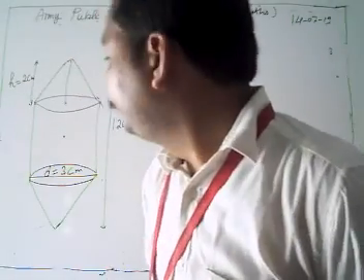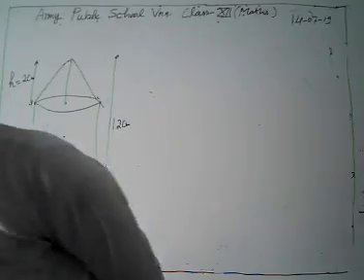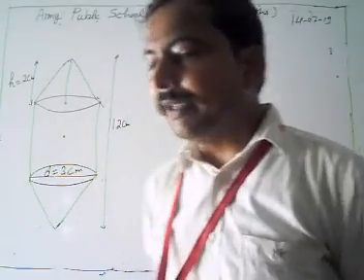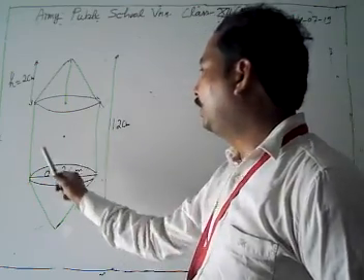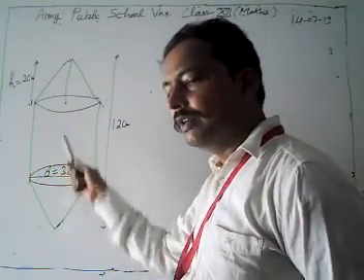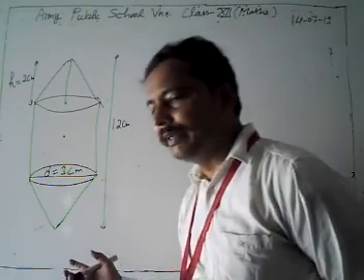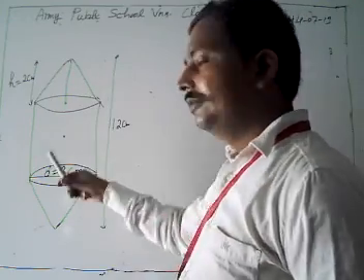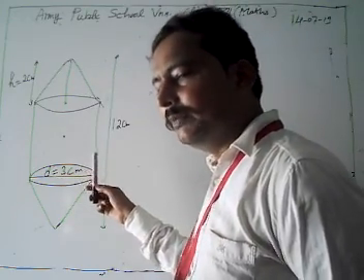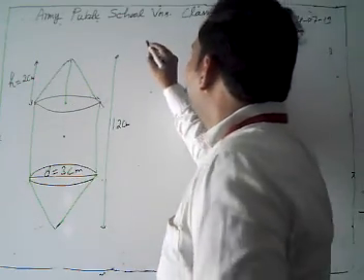Now look, we have to find out here the volume of air contained in the model. The volume of air contained in the given model is actually the volume of cylinder plus 2 times the volume of our cone, and it gives the volume of air contained by this model. We get it by adding the volume of cylinder plus 2 times the volume of our cone there. Then we are going to start.